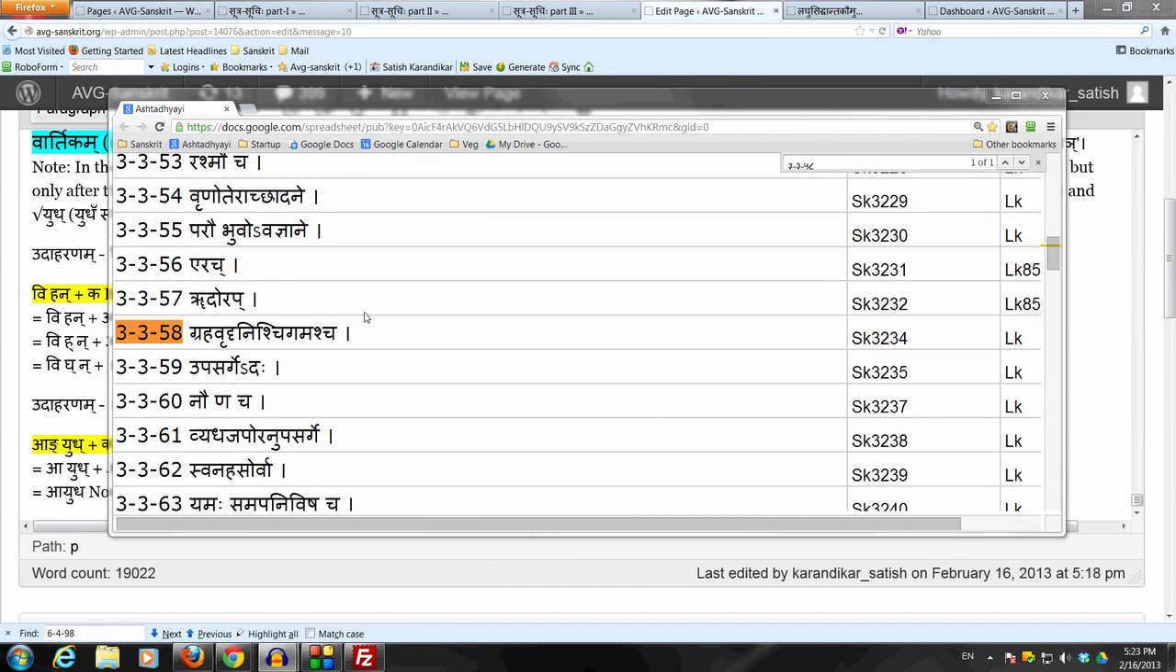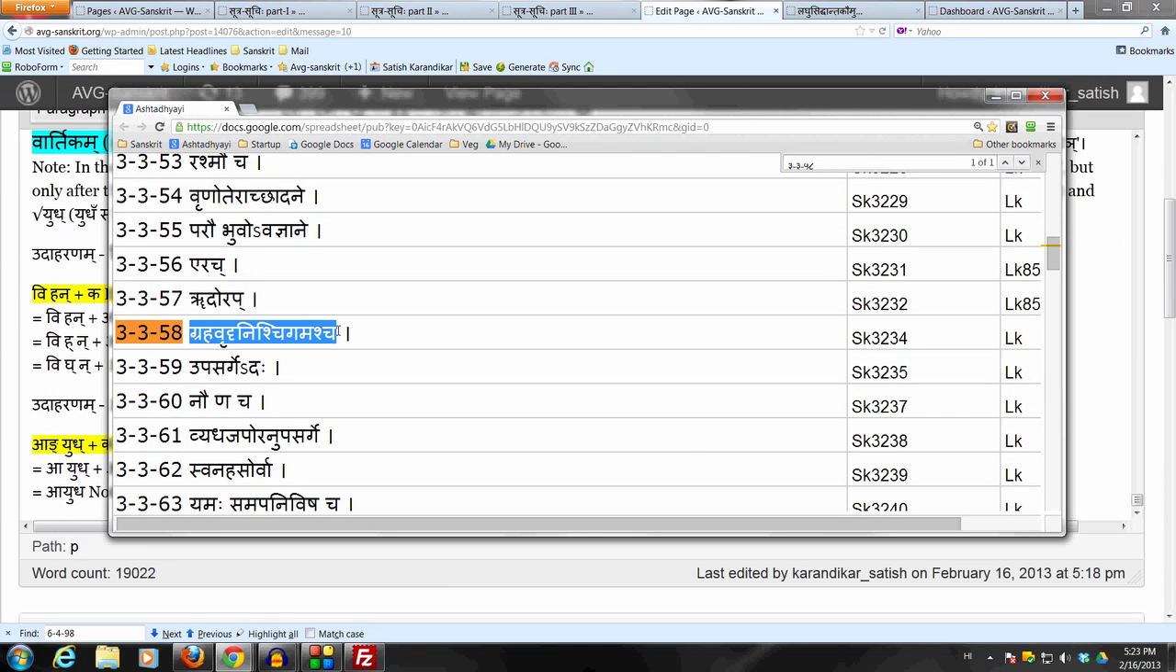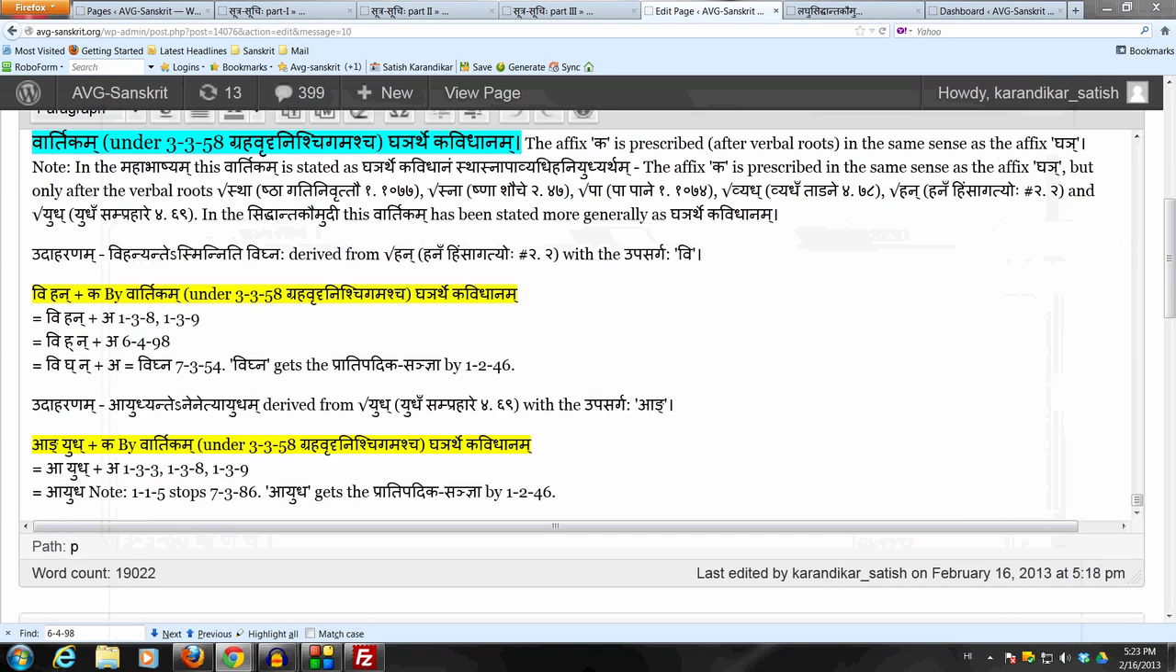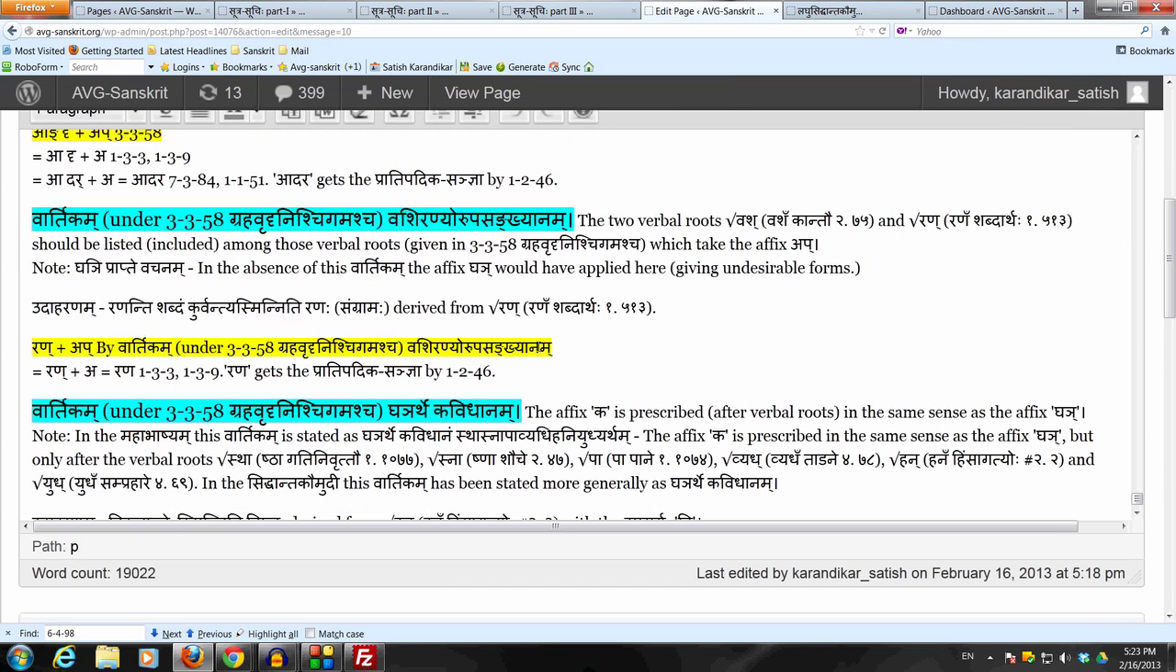Let's now take a second Vartikam on the same Sutram Graha Vru Dru Nishchigamascha. Recall that we just read a Vartikam which was Vashiranyo Rupasankhanam on this Sutram 3358. Let's now take a second Vartikam which is stated as Ghanyarthe Ka Vidhanam. This is the Vartikam as it is in the Siddhanta Kaumudi, and it simply says that the